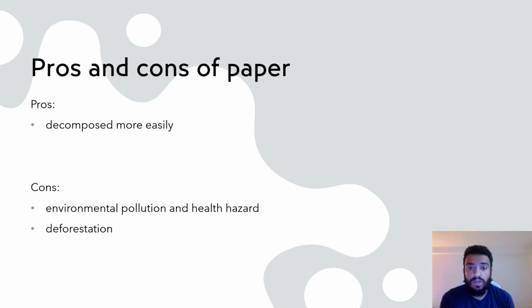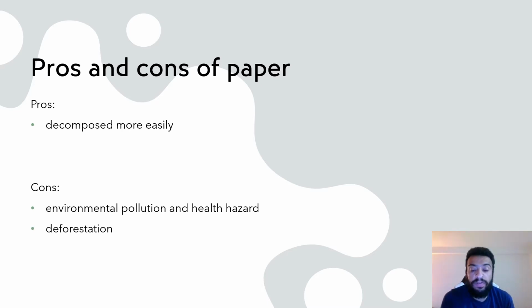So pros and cons of paper. Paper has the biggest advantage because it can be decomposed much more easily compared to plastic products. But the cons of paper is that it has environmental pollution and hazard, such as various